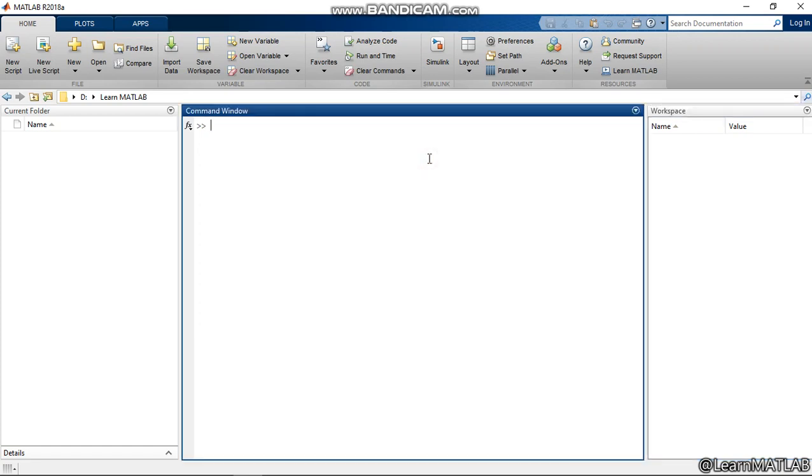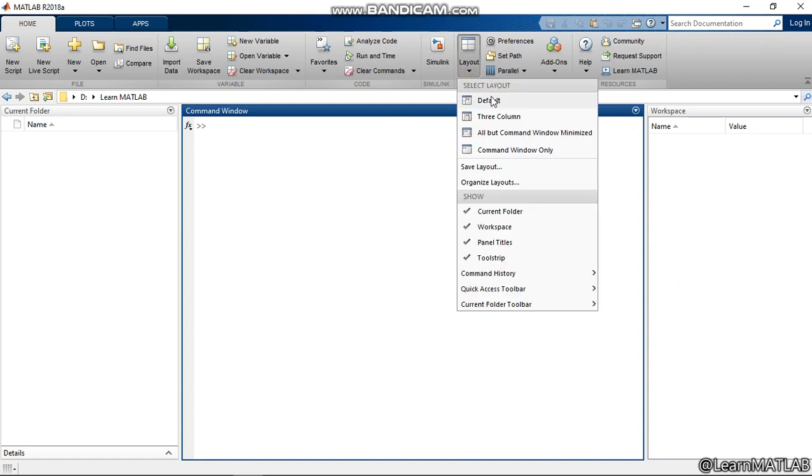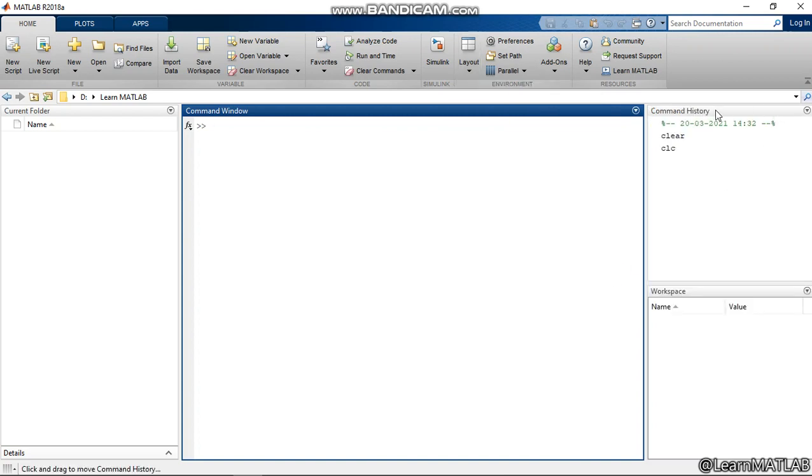But before that, I am going to tell you that these are not the only three windows that we have when we download or install MATLAB. We can change the layout using the layout button. If I go to layout, I can also see the command history window. It pops up right now, but if I click on dock, it will show up here. So the command history has come up here. It will show all the commands that I am writing, the history of those commands.